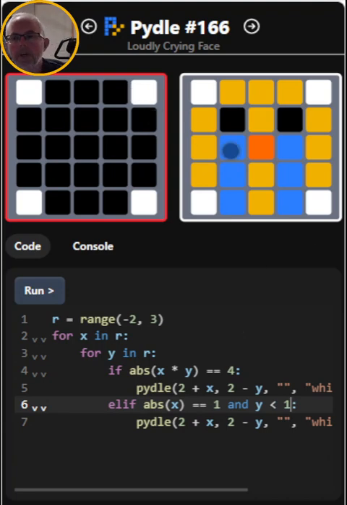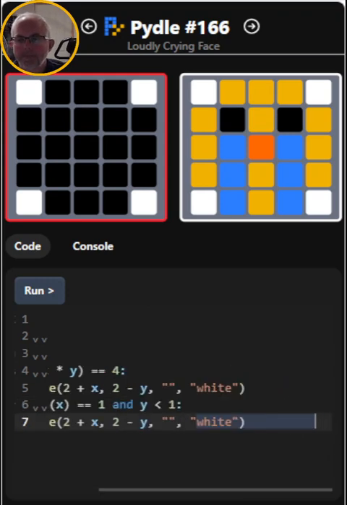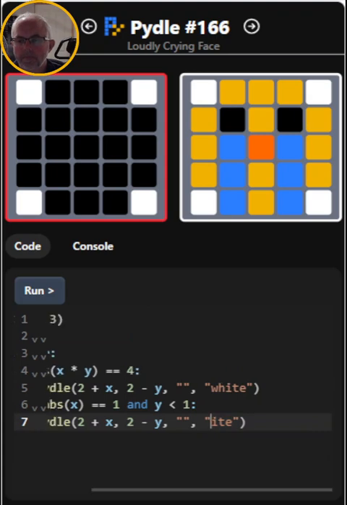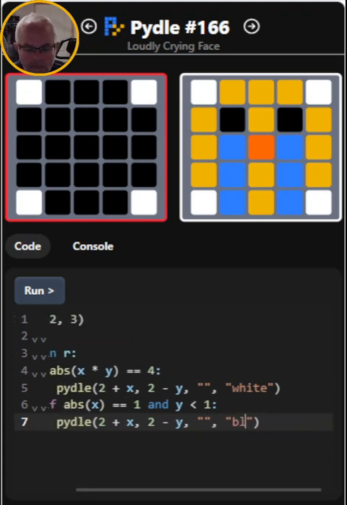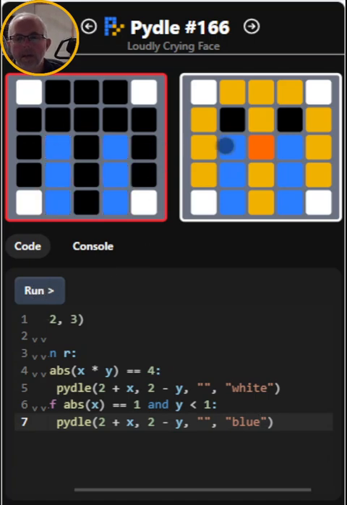If we look at it, that's 0 just by the nose, and then it's 1 just on the level of the eyes. Okay, so that should be blue. Okay, so we've got the tears streaming down his cheeks,